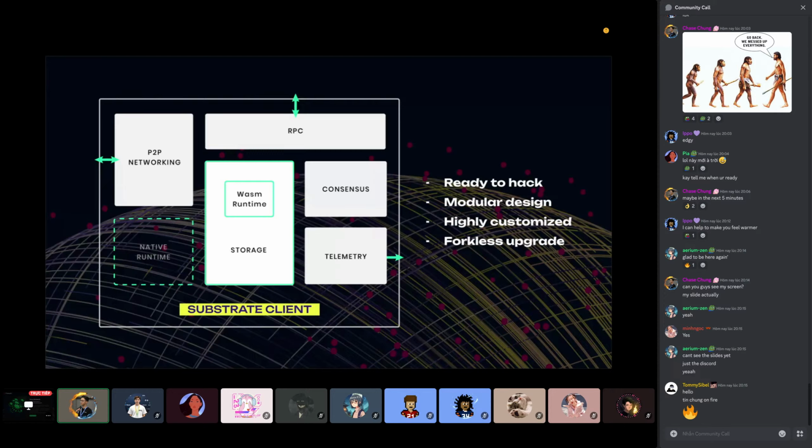well. The second key component is modular design, you can see here, highly customized forkless upgrade. The forkless upgrade is also a very key attribute that makes most people choose Substrate to build their blockchain, because not every blockchain has this. Whenever you want to do an upgrade on a blockchain like Ethereum, which is a very long legacy system, you have to do a hard fork or soft fork, and that is not very nice in terms of user experience, because the experience is going to be interrupted if the engineering team is not